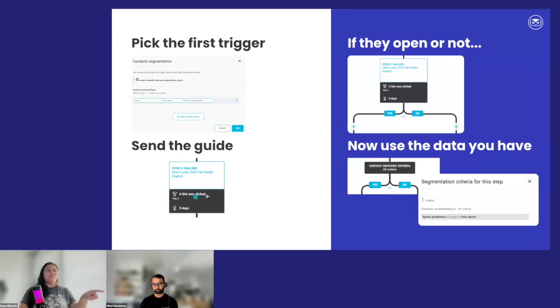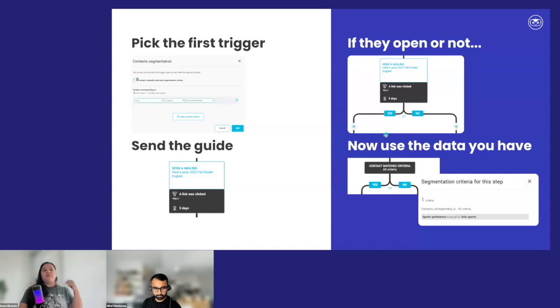You can see here there's a trigger, and then it will go to yes or no. So this is thinking, how are people interacting with this email? How are people interacting with the content I'm sending them? People who open will get things that are different than the people who don't, because maybe people didn't open, forgot about it, like inboxes are so full these days. So there are different strategies here. Let's go with they open. Yeah, they open the email, they have the guide.